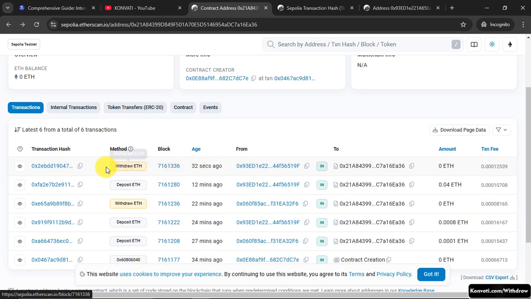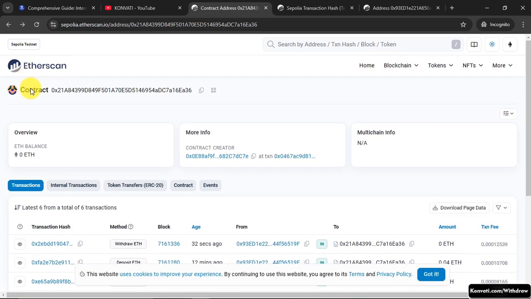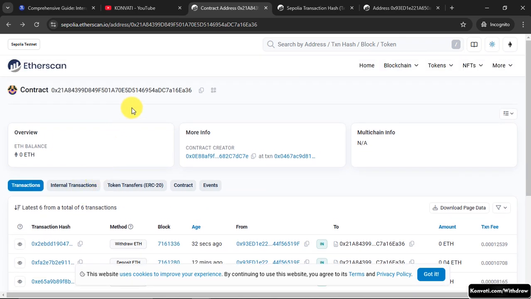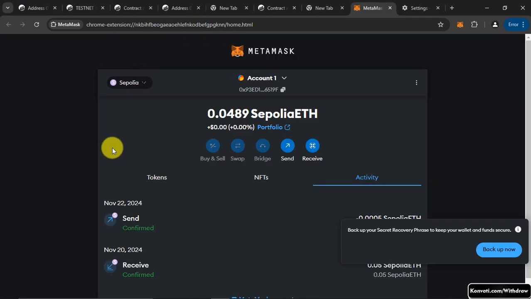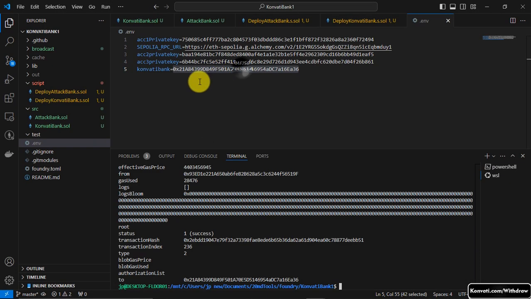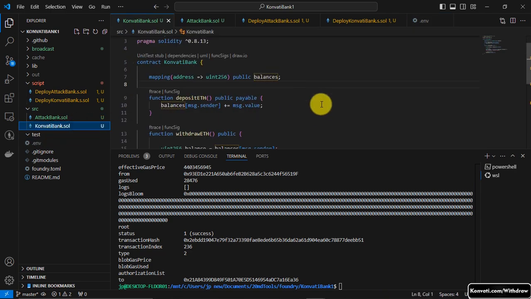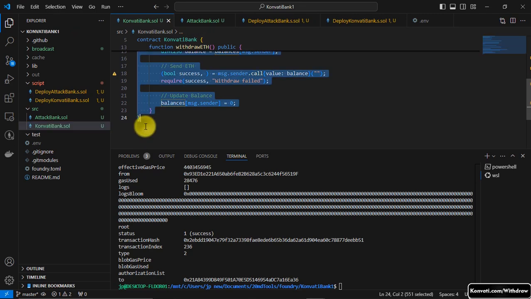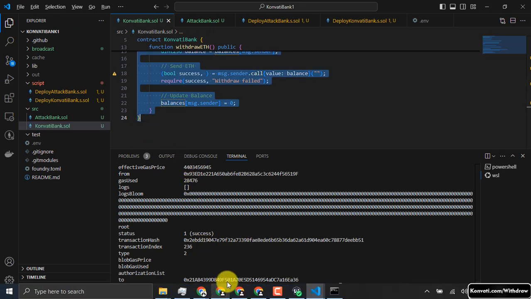As you can see, this was the function that he called, the withdrawal function, and he withdrew all his money from this smart contract. So now the attacker failed to capitalize on this vulnerability, and the user was smart enough to remove his money, right? So as you can see, this smart contract is definitely vulnerable, but I don't know why I cannot